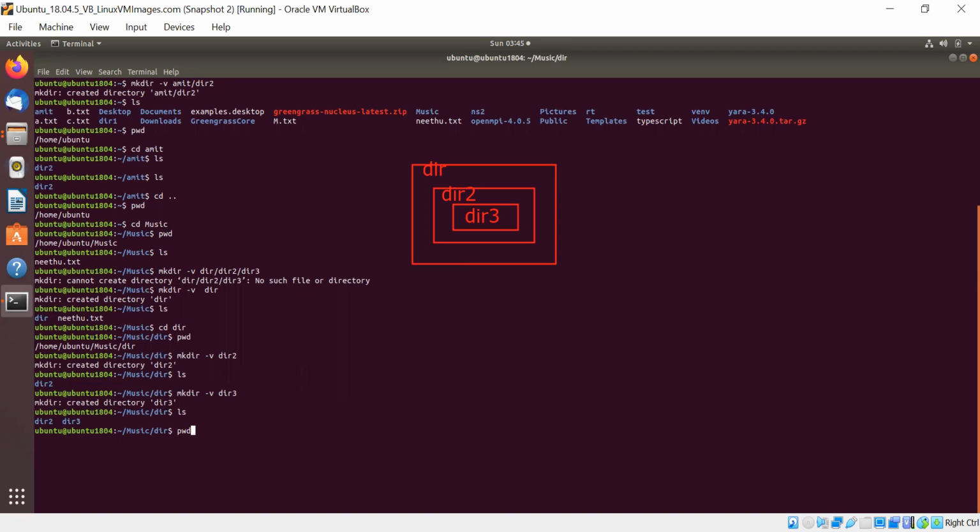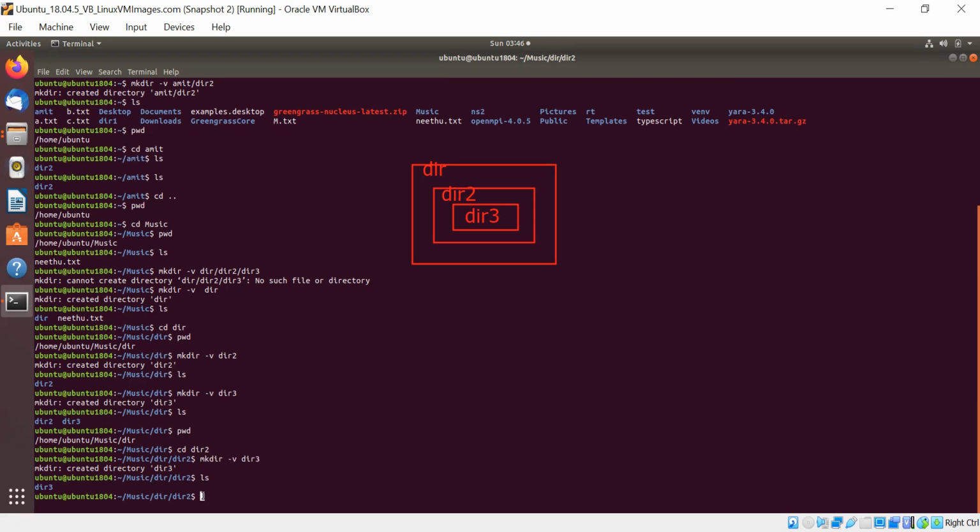Now if I check my present working directory, it is home Ubuntu music dir. Inside this directory, you have created dir3. If you want to create it inside dir2, just cd dir2 and create inside this with mkdir -v dir3. Press enter and now run the ls command.